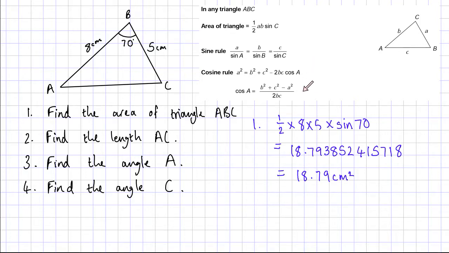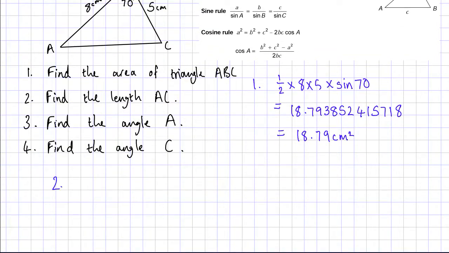Now there's two versions of it here. I need to find the length. So this one is kind of like a formula to get the length when I square root this side, so I'll get the length A. This one is a formula for the angle, so I'm going to use the one at the top. So here a squared, so this small a actually is going to be here, because I can see the angle that I have is here, so it has to be this angle and this length are opposites. So I have the angle here and the opposite is here. So I need to say this is small a for me. So AC squared is equal to 8 squared plus 5 squared minus 2 times 8 times 5 times